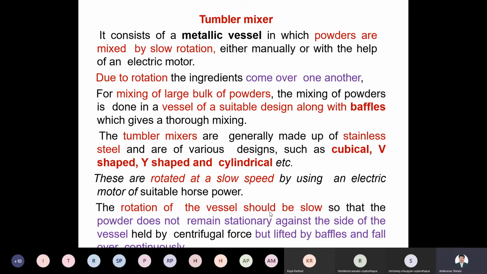So we have seen the different mixers used for whether it's solid dosage form, or a solid powder mixture, or semi-solid or liquid mixing, right? So different mixers can be used for mixing the ingredients appropriately, and 100% mixture should be possible. We have seen last time the tumbler mixer, in which we can tumble or just rotate the material.